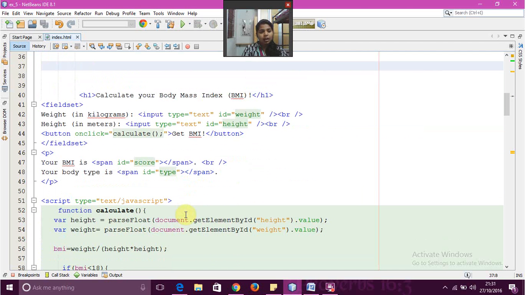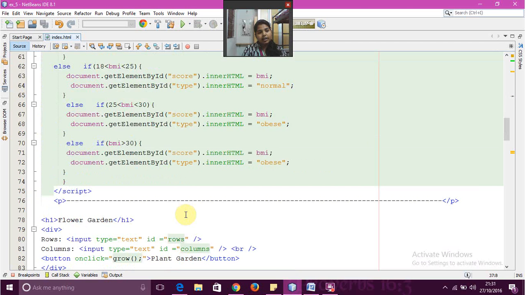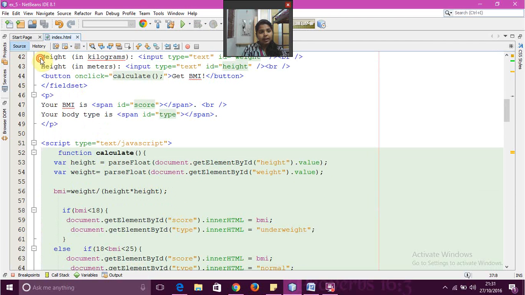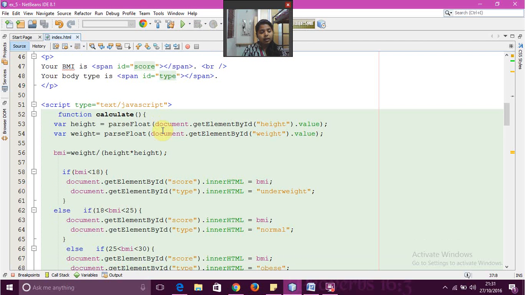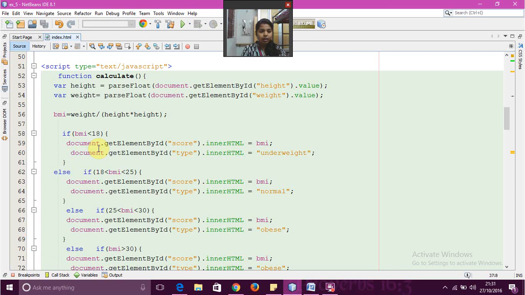My second question was calculating the BMI index, where I'll take the weight in kilograms and the height in meters using the input text boxes. Here in the paragraph, I kept BMI in a span box, and my body type will be shown in the span box. And here I use the function calculate to calculate the BMI,